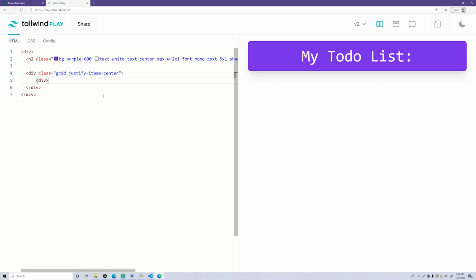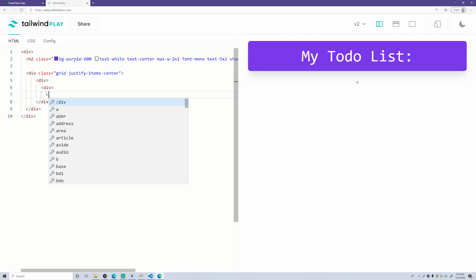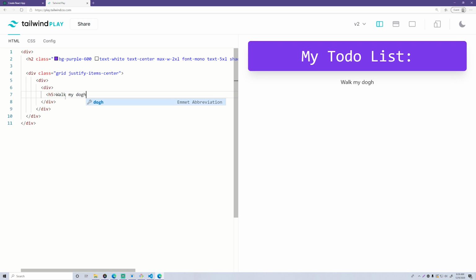And then inside of that, for each of the items on your to-do list, we'll have another div for each of these. So inside of that div, actually let's have a closing div. So inside of that div, we'll have an h5, and let's just add one more div. So everything's modular. And inside of that, we'll have the actual thing that you want to do, what you're planning to do on this to-do list. So we'll say like walk my dog. As you can see, it's already centered right there. So walk my dog, and close that tag.